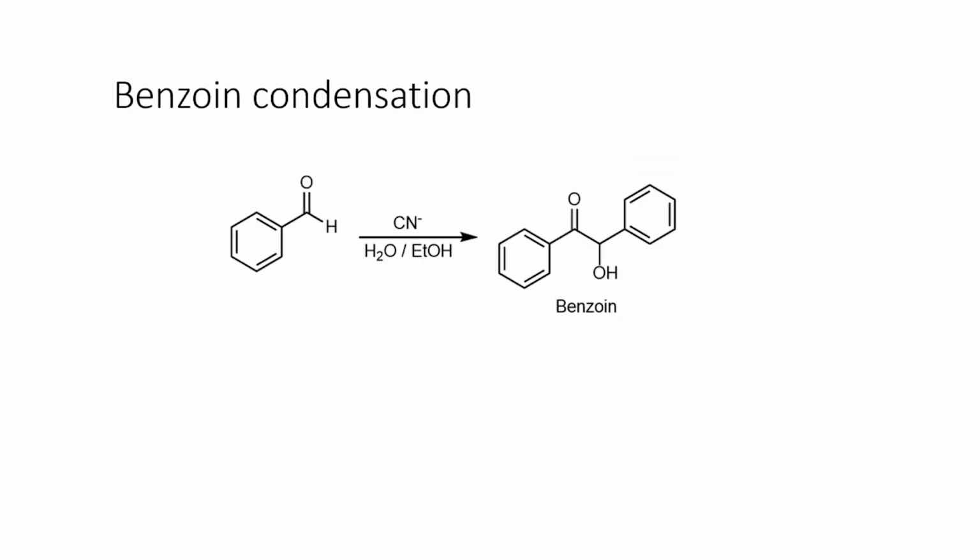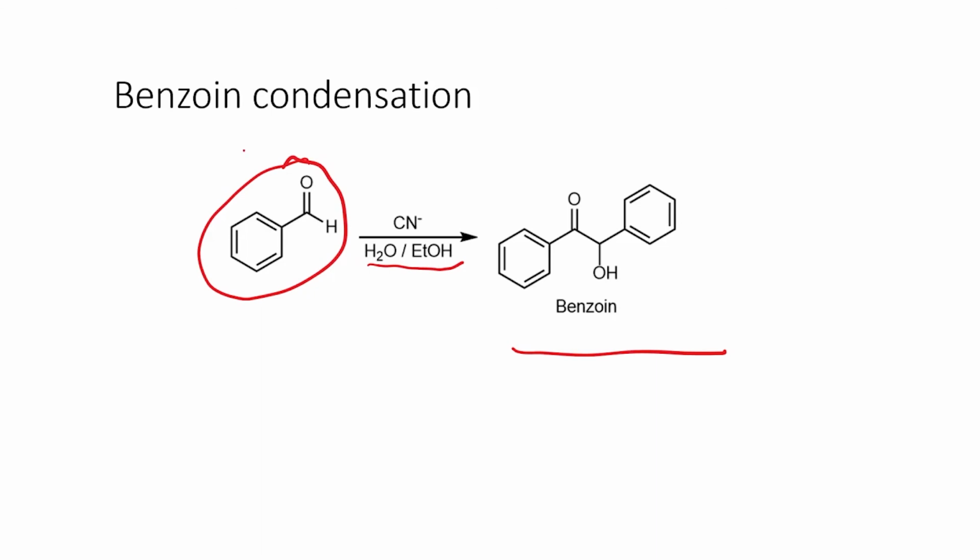The next reaction we're going to look at is the benzoin condensation. Benzoin is this compound, as shown here, it is a 2-hydroxy ketone. The way this reaction happens is that you react benzaldehyde with cyanide and water and ethanol and you get benzoin. As you can see, there is no other reactant here other than benzaldehyde. So this is very similar to the Cannizzaro type reaction that we have seen previously. What I would expect is that when cyanide and benzaldehyde are reacted together, I would form a cyanohydrin.